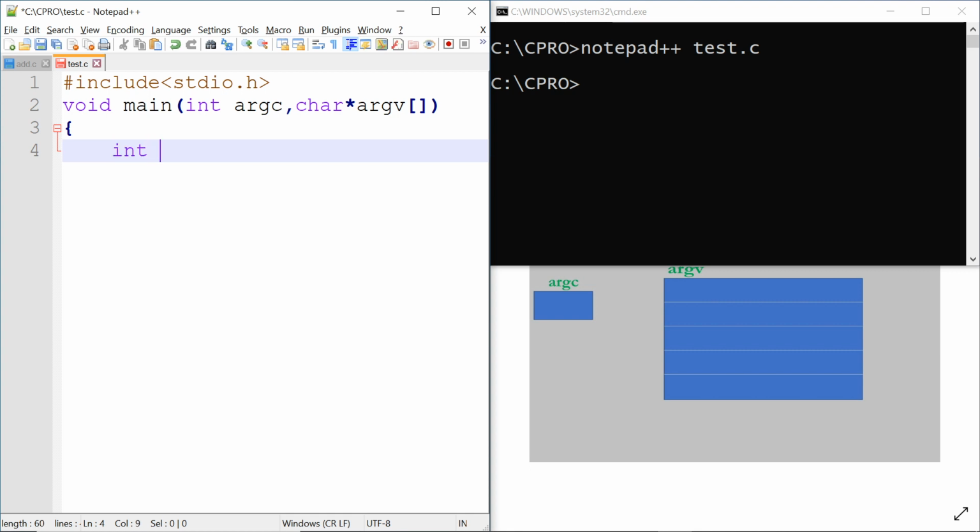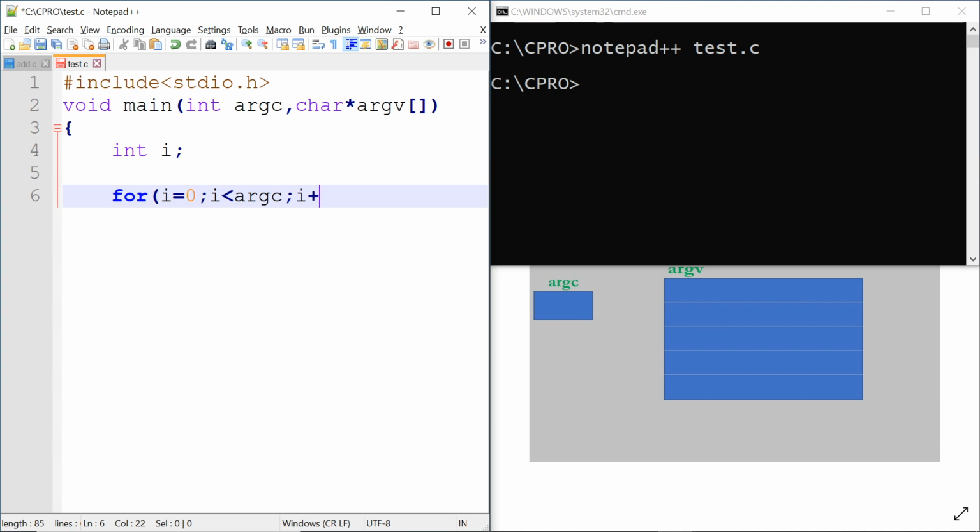So let me take one integer i. For i equals 0, i less than argc, because we have started from 0. So if there are 5 parameters, it will be from 0 to 4 in the array of characters argv.